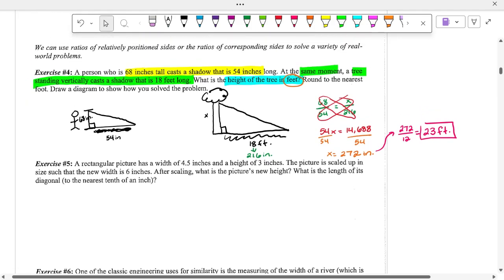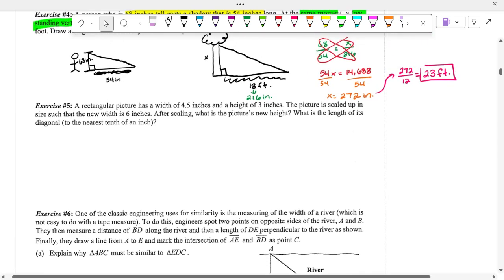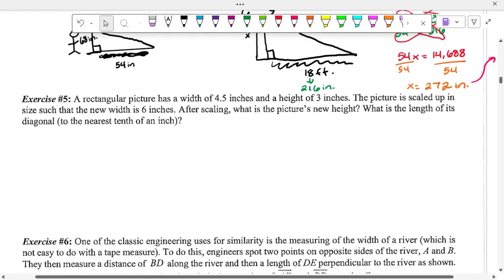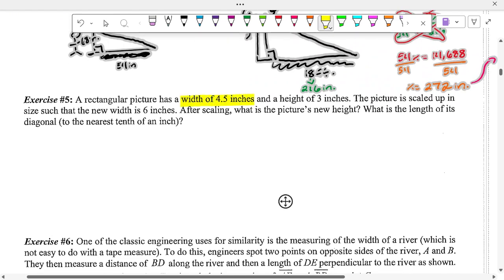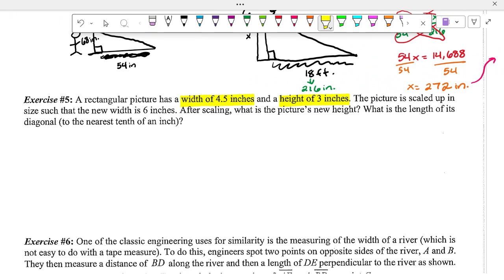All right. Any questions on 4? All right, look at 5. A rectangular picture has a width of 4.5 inches and a height of 3 inches. The picture is scaled up to a size that the new width is 6 inches. After scaling, what is the picture's new height, and what is the length of its diagonal to the nearest tenth of an inch? All right. So, if I draw a rectangle,